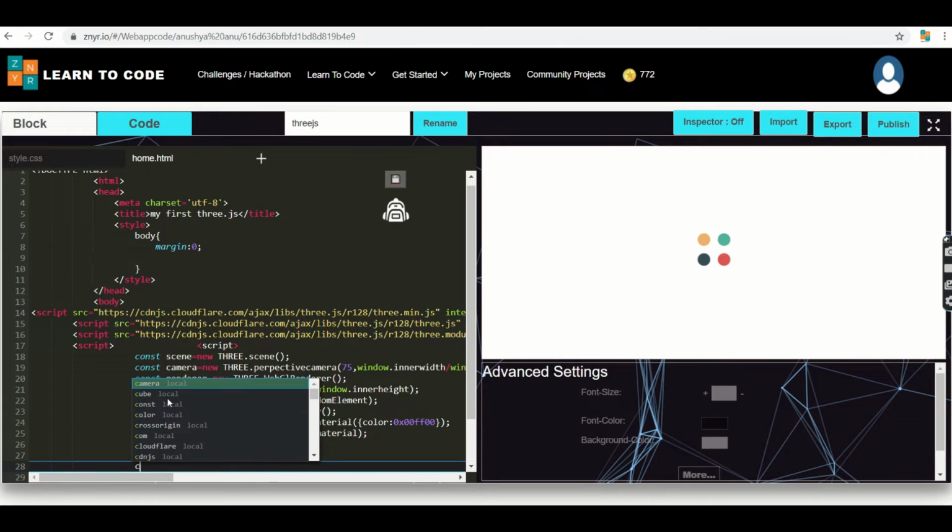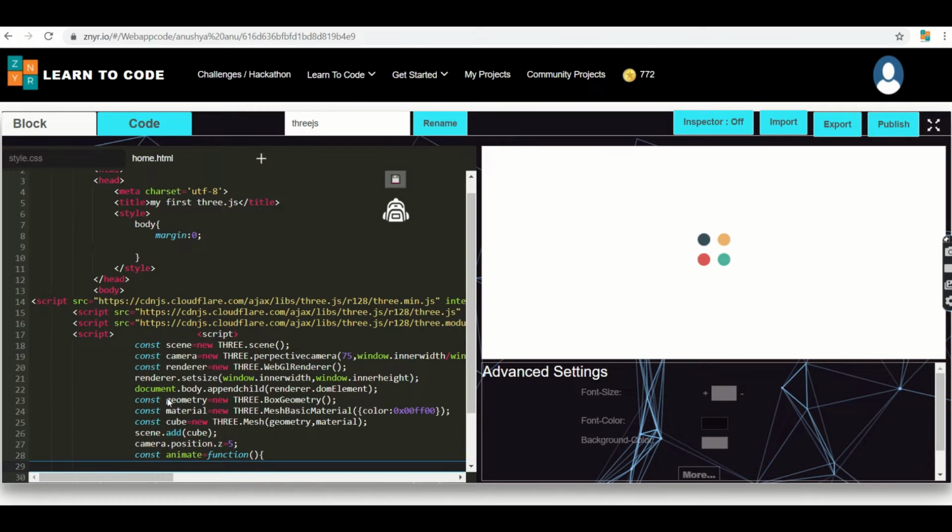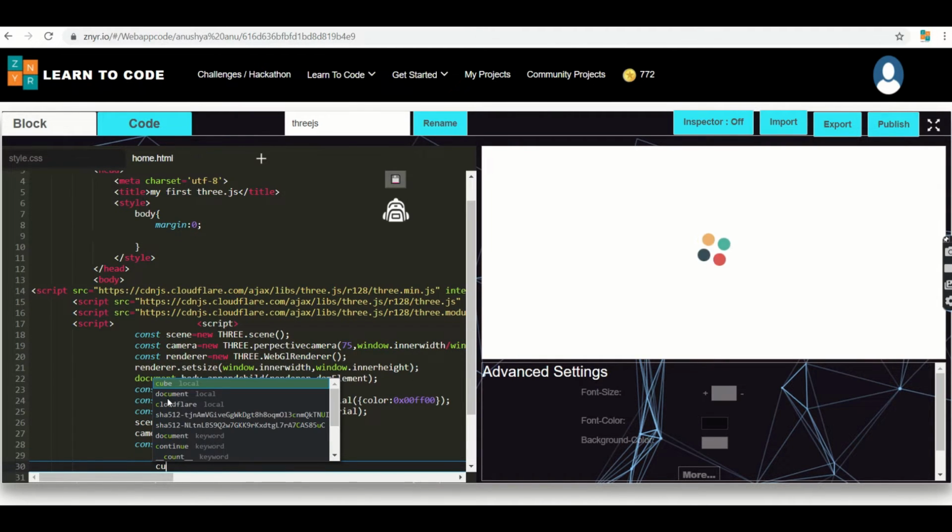To rotate this I'm going to use the constant animate function, where it rotates on all sides, and I'm processing the function over here, which is requestAnimationFrame. Under the animation frame I'm going to process animate. So it's going to animate my cube, and I'm going to fix the rotation for the x-axis and y-axis.